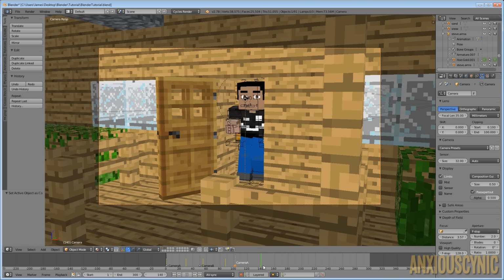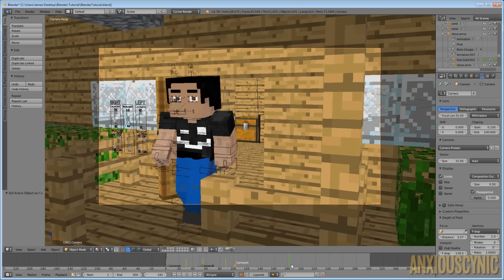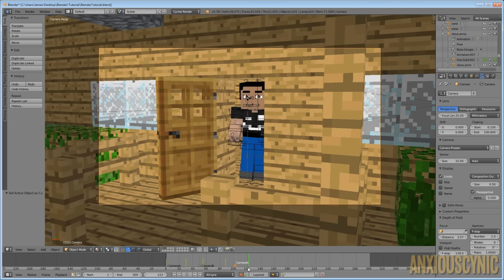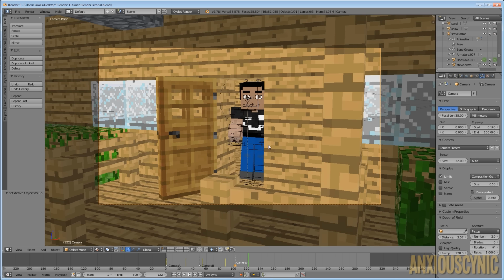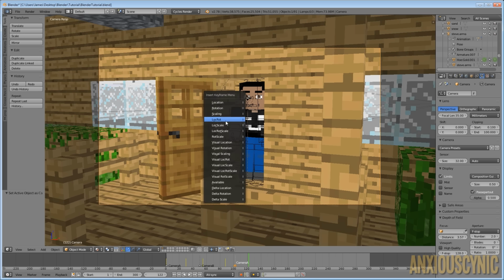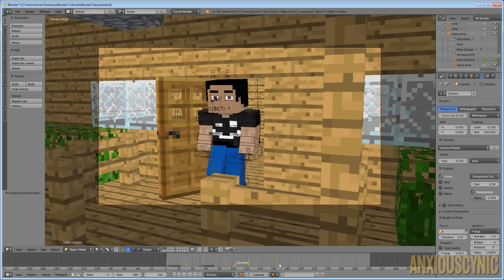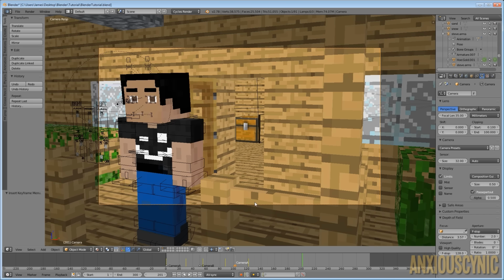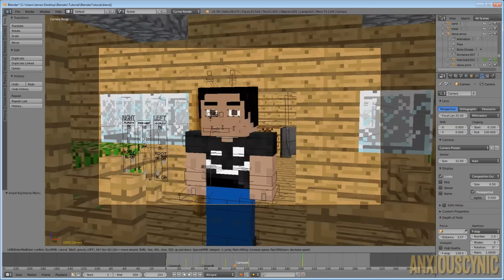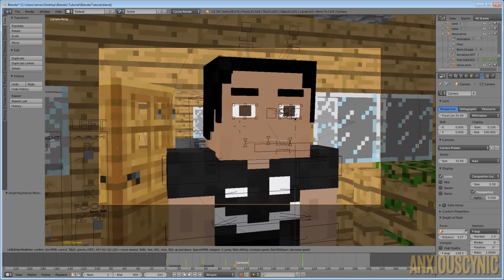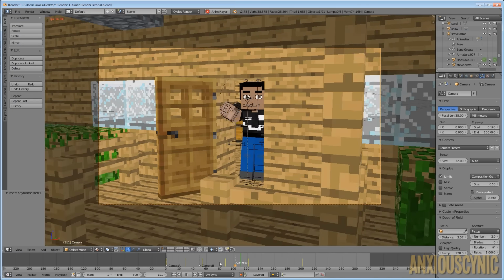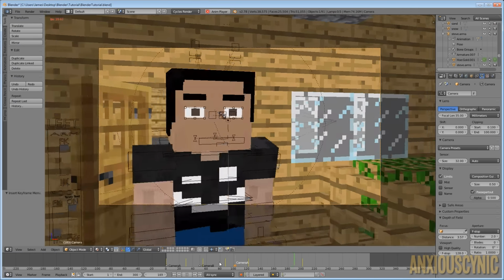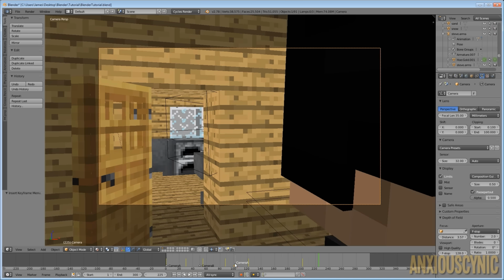And let's just say for this movement here, we want to go ahead and have the camera kind of moving a bit. So let's just say right here, we're going to go ahead and set a keyframe with our cursor in the camera window. We're going to go ahead and hit location rotation, and then I'm going to hit Shift F with our cursor over there about 201, and we're just going to bring the camera over something like this and just kind of have this little thing happen there. Alright, so now when we watch this, we should get the camera switches, and then it moves over and stops like so, and then Steve takes off running.